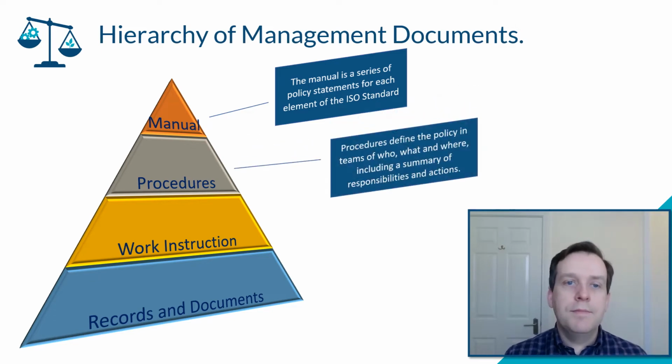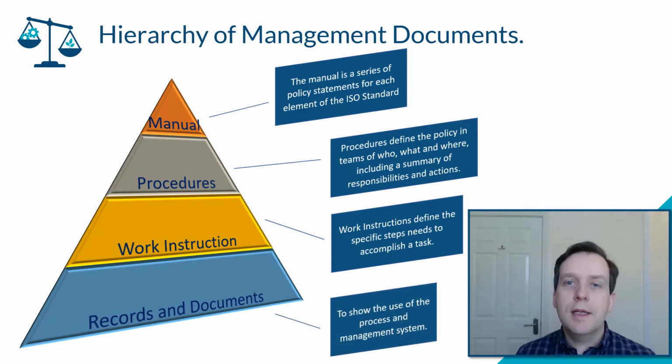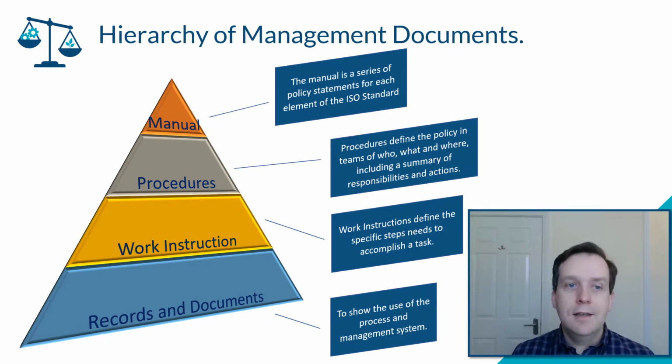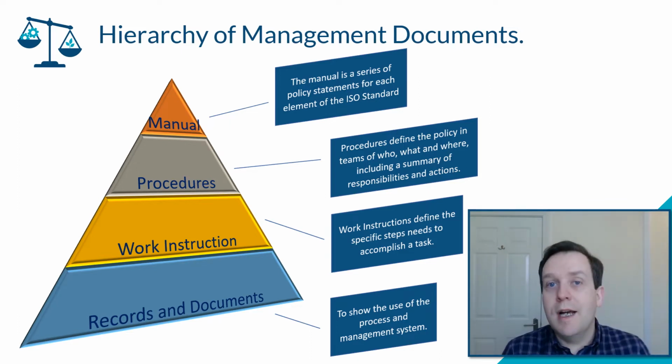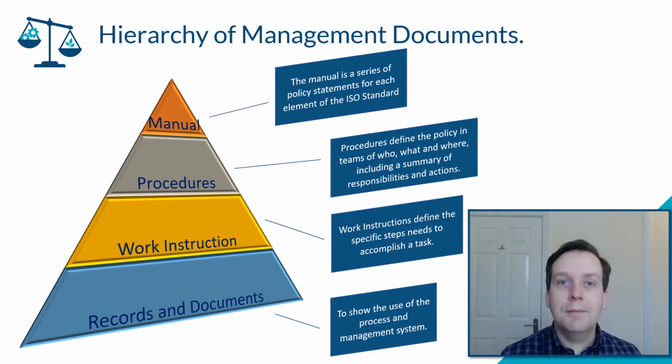From the manual, you have any number of procedures and work instructions that are informed and derived from that operational manual. And finally, to show that the procedures and work instructions are being followed, that would create records and documents. A simple one would be a risk and method statement, RAMS, from the health and safety manual. The procedure would require you to create them. Work instructions would be the details of how the work should be undertaken, and the RAMS signed off documents describe